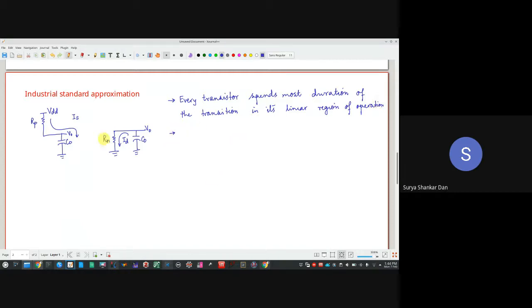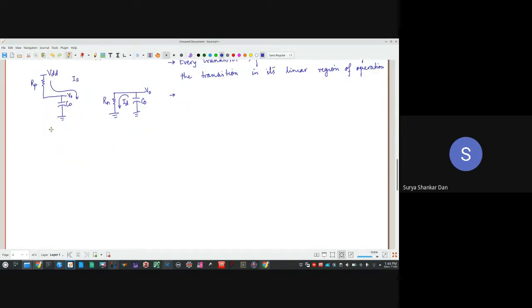Now, when one of these transistors is in linear, the other was in saturation. How did we know this? We will get back to our noise margin curve. That is the VTC. This is VO, this is VI. Remember that this was the middle line. We had seen the other line was this and this. This was VO plus mod of VTP equal to VI. This is VO equal to VI, and finally this is VO minus VTN.